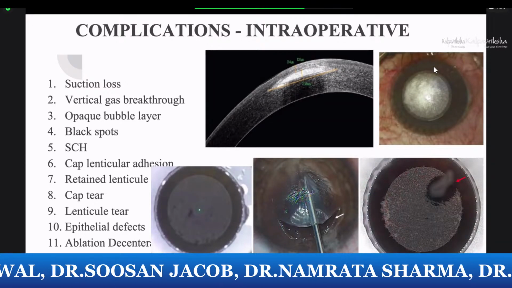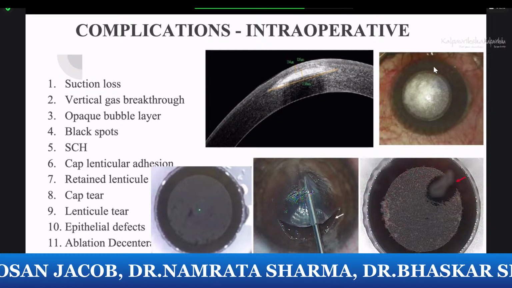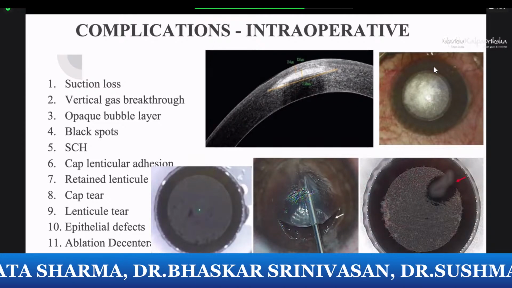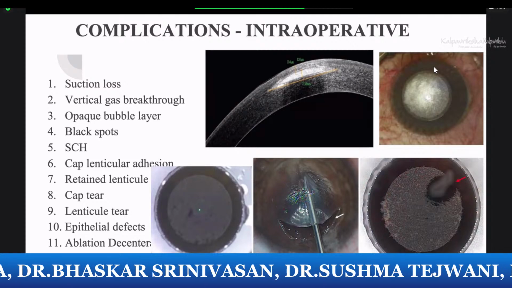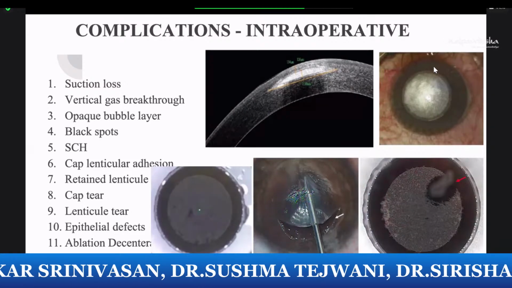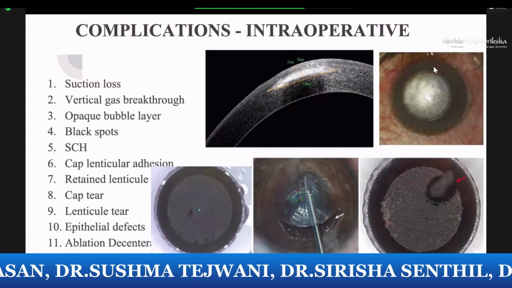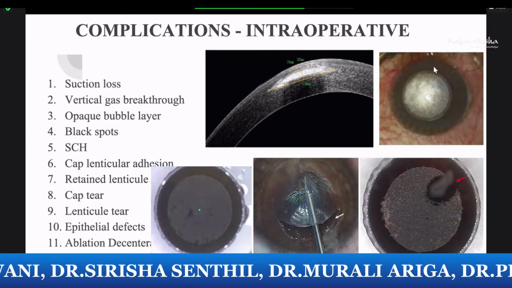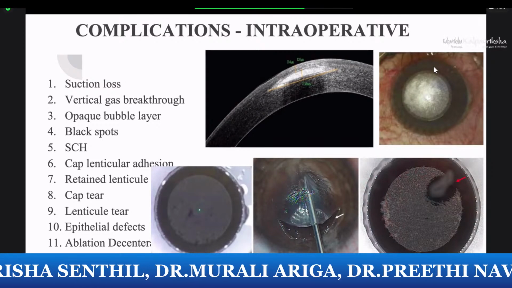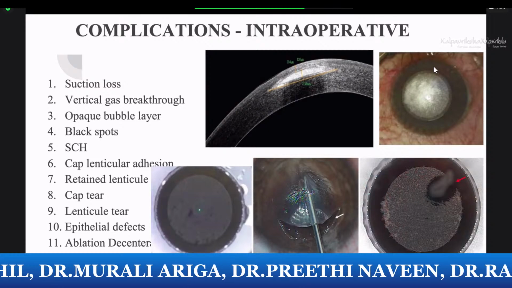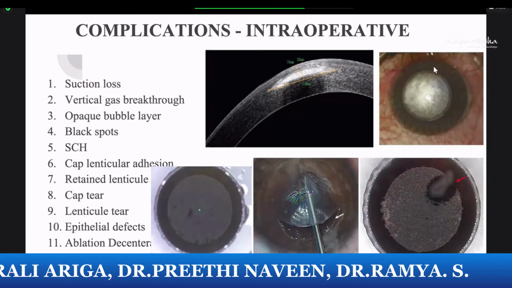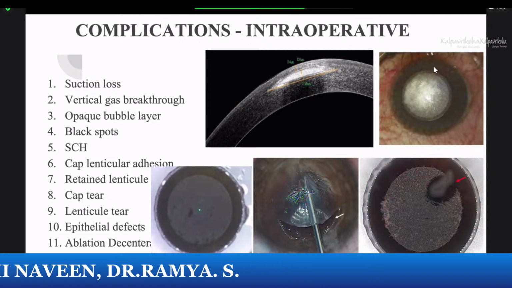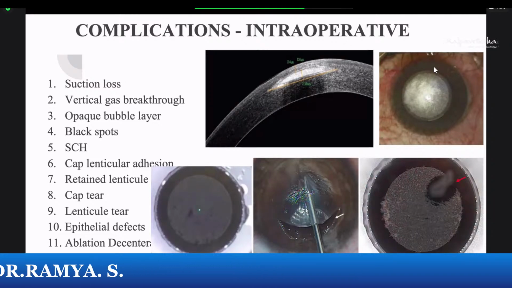Subconjunctival hemorrhage is one of the rarest complications. This occurs when high suction pressure is applied over the cornea. Then we have some incisional bleeding. The incisional bleeding can happen due to eccentric docking of the suction cup or in case of pannus. Incisional tears range between 2.1% to 11% of incidence. This happens during the early learning curve, and this is due to increased manipulation during dissection, a smaller incision site, or a strong Bell's phenomenon.